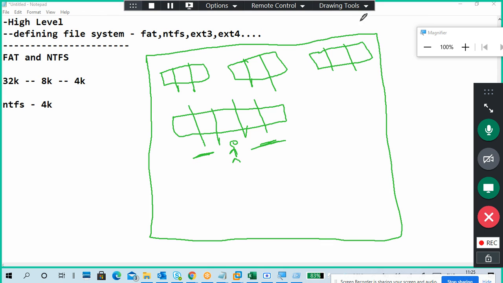Transmission is congested, like data congestion. Traffic will be there. So my point is very simple. What is allocation size? It means a data arrangement. Data can be arranged in a 32K, 16K, 8K, 4K or 2K manner. It depends upon the file system, how easily it allocates and reduces wastage, and the lesser the allocation size, the more data we can put.